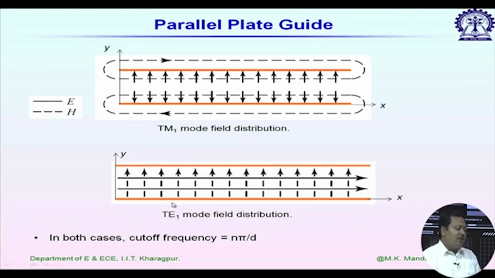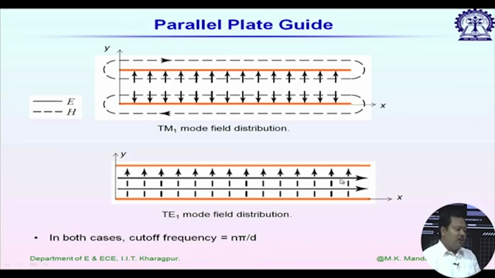And for the transverse electric mode, the electric field components are parallel to the metal plates. So, obviously, on the metal plates the electric field's value is 0, and it has maximum value on the